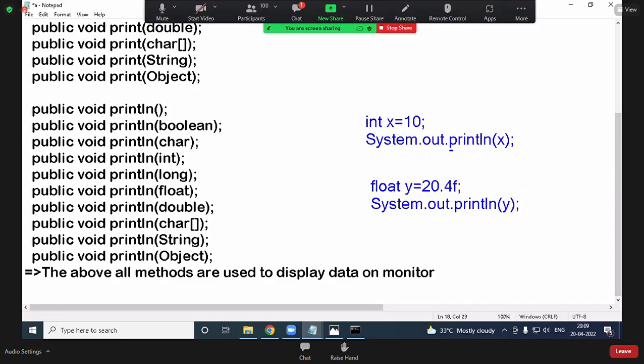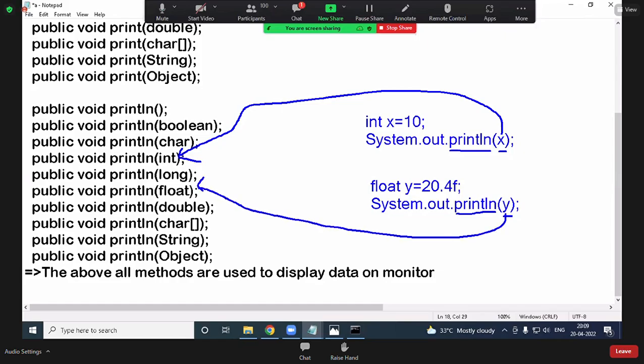Actually it is a method. Which type am I passing? Integer type, so when you pass an integer, this method is called. When you pass a float, this method is called. One method only appears to you, but actually 10 methods are there.